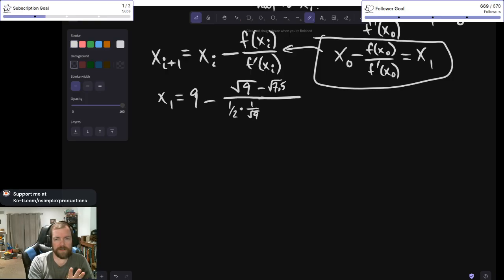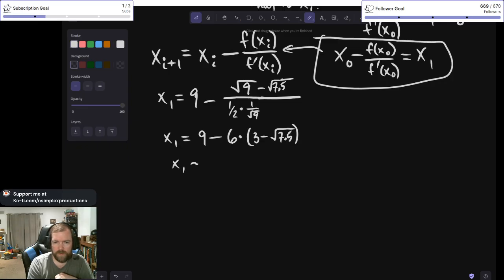In theory, again, this doesn't really work because we don't know what square root of 7.5 is. But in practice, we can just let the calculator figure it out for now. So x1 is going to be 9 minus 6 times that difference, 3 minus root 7.5. So x1 is going to be, give or take,